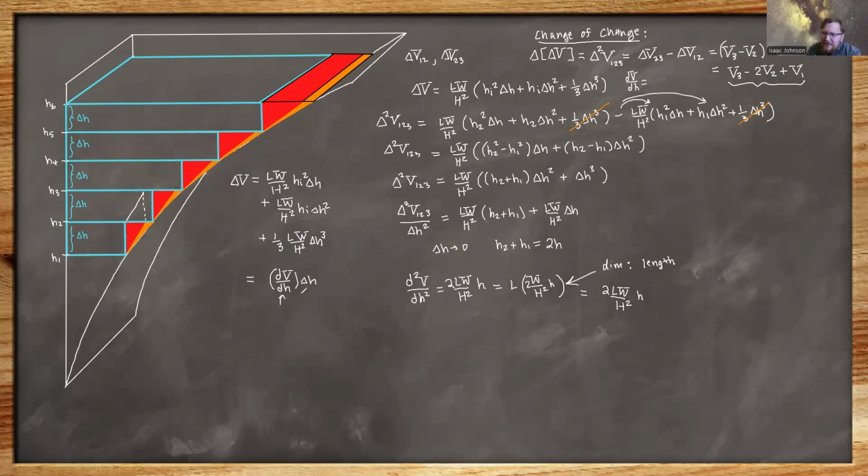That's the cross-sectional area initially times the change in height. That gives you the volume of the rectangular bit for the first difference. Then we add it to half of d2V dh squared